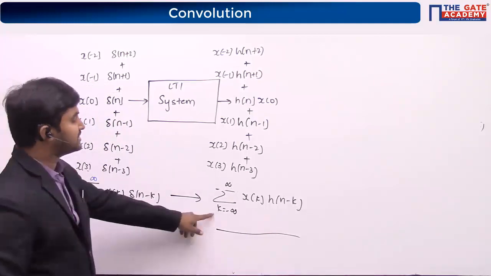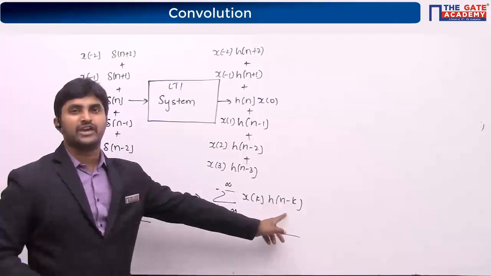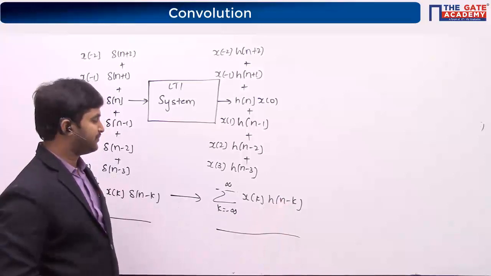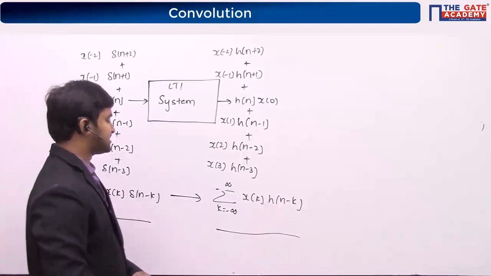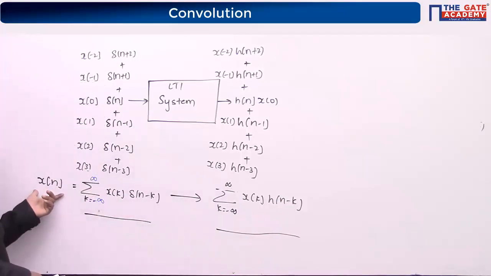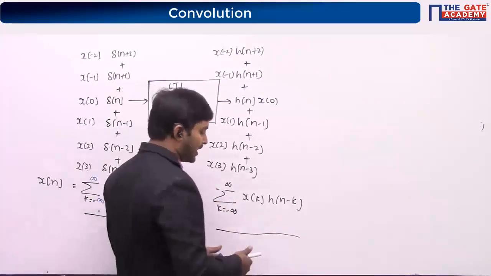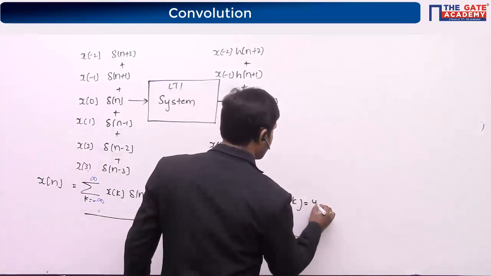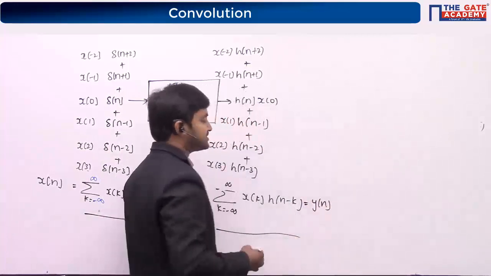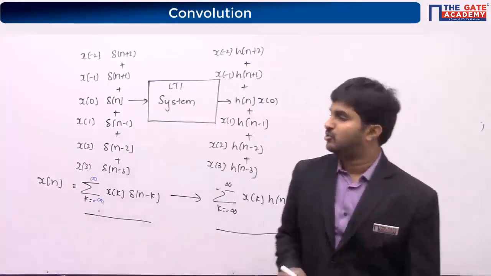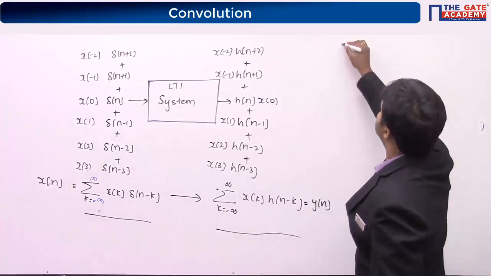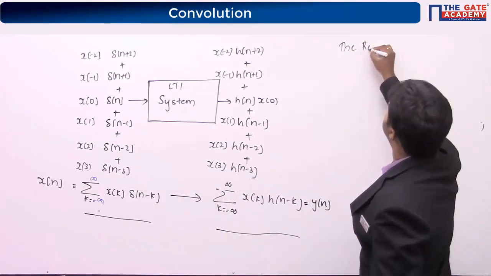Summation k equal to minus infinity to infinity x of k h of n minus k. So if you give the input x of n passing through an LTI system, the response is what we call y of n. So therefore, the response of the LTI system,